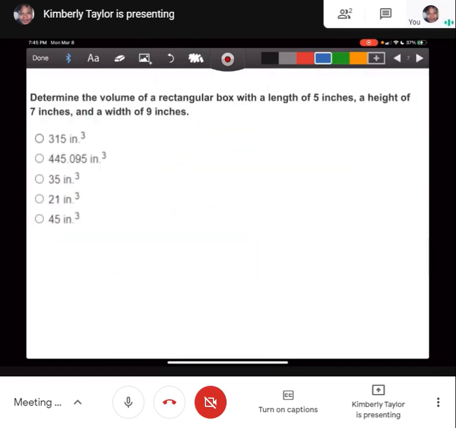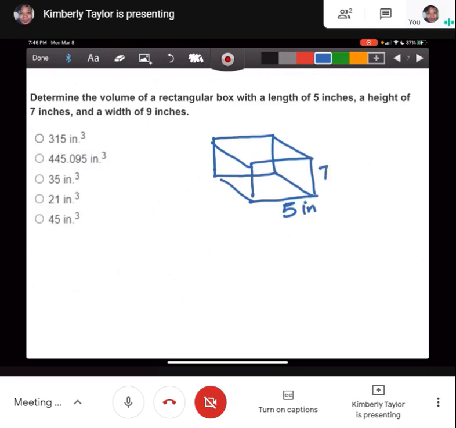Okay, next question. So here it says determine the volume of a rectangular box with a length of 5 inches and a height of 7 inches and a width of 9 inches. So, rectangular box. You don't have to draw the box, but I like drawing them. They say the length is 5 inches. The height is 7 inches. And the width is going to be